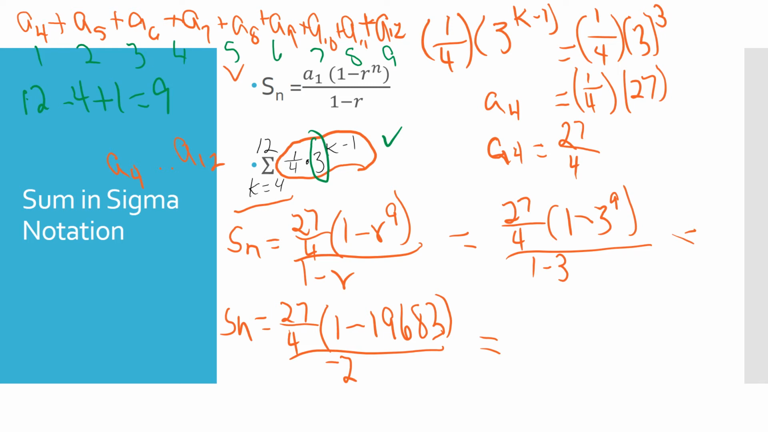Listen to what I am doing. Put in parentheses 27 over 4. I'm going to close my parentheses. Times, so let's see, 1 minus 19,683 is going to give me negative 19,682. So I'm going to go times 19,682, close that parentheses, 27 over 4 times 19,682